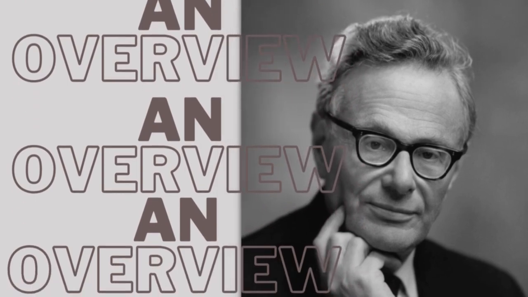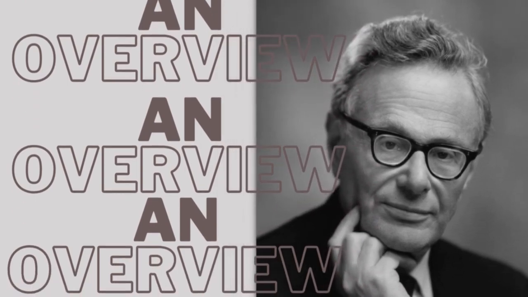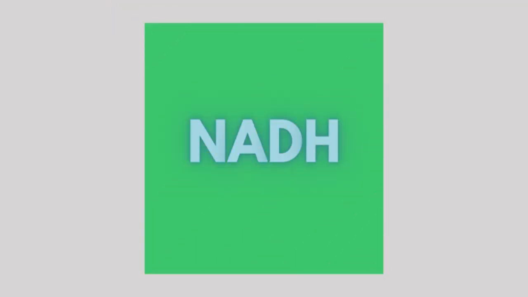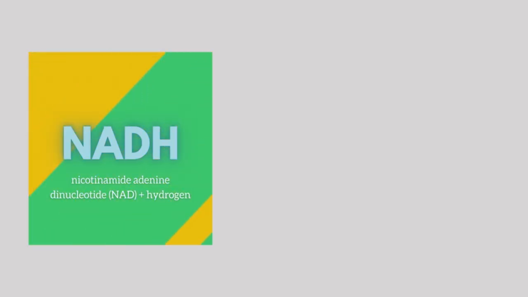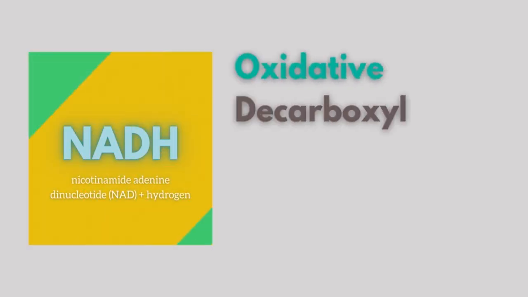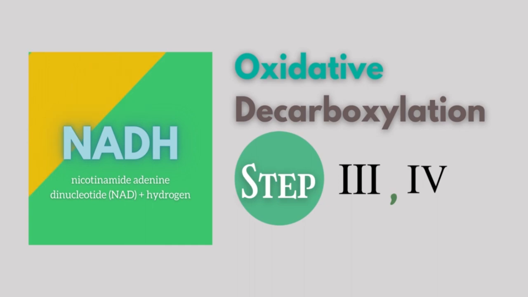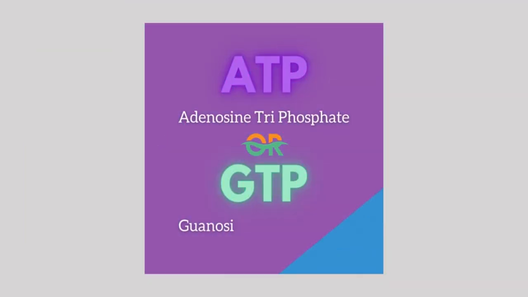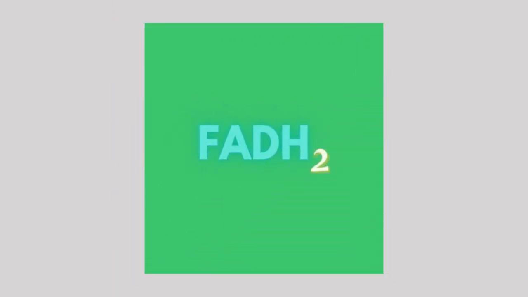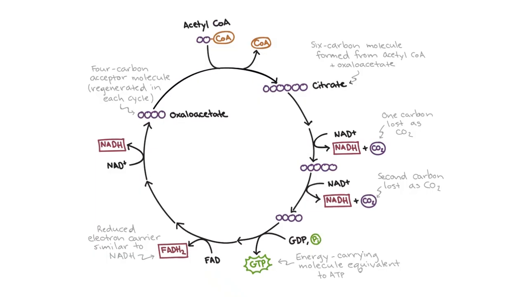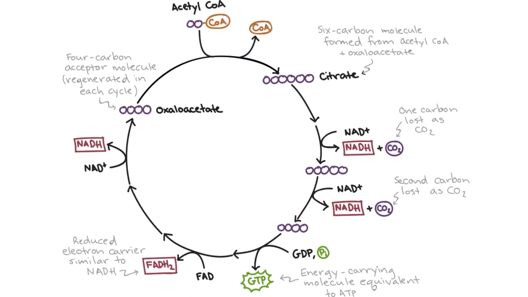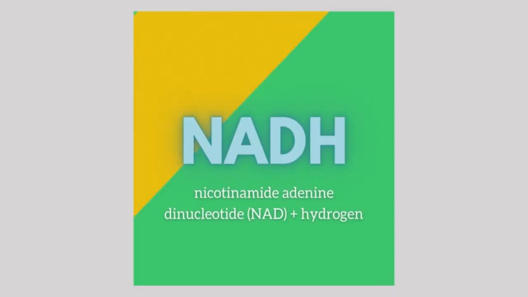The Krebs cycle results in the formation of 3 important compounds. The first is NADH, which is formed at every oxidative decarboxylation reaction. And there are 2 oxidative decarboxylation reactions in the Krebs cycle. Besides NADH, there is the formation of ATP or GTP, and finally, there is the formation of FADH2. So, in this whole cycle, the resultant compounds that are important for the further reactions are NADH formed in